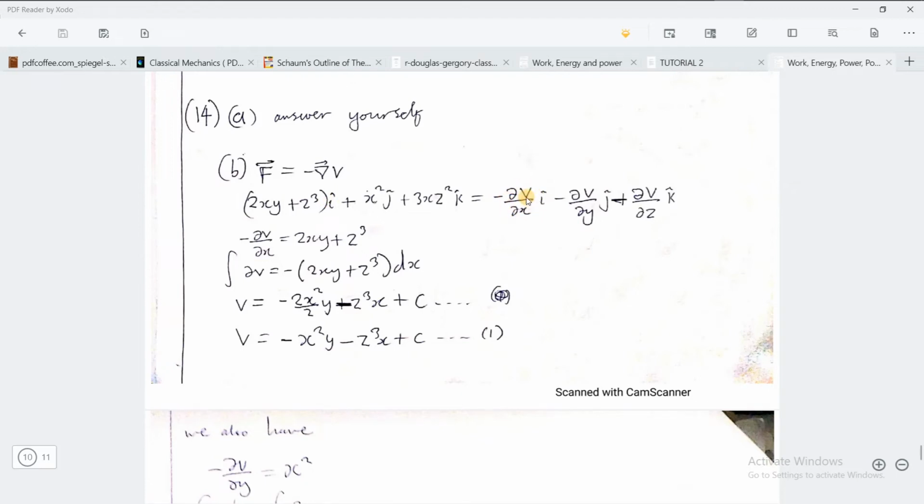You equate them together, and you neglect these i's because you're only interested in the potential. So you get minus partial V over partial x equals xy plus z cubed. Then we'll also equate this to this, and then this to this. Starting with equating this to this,